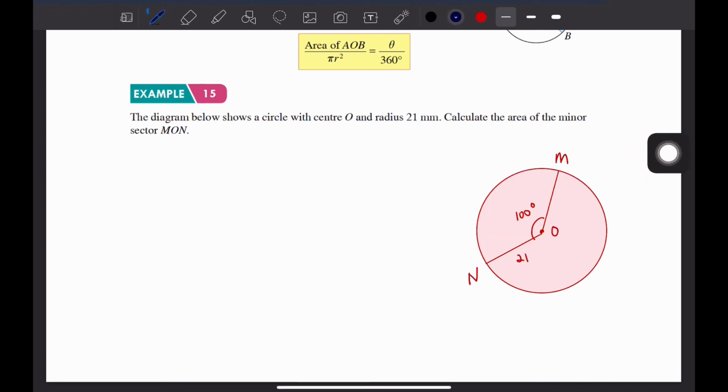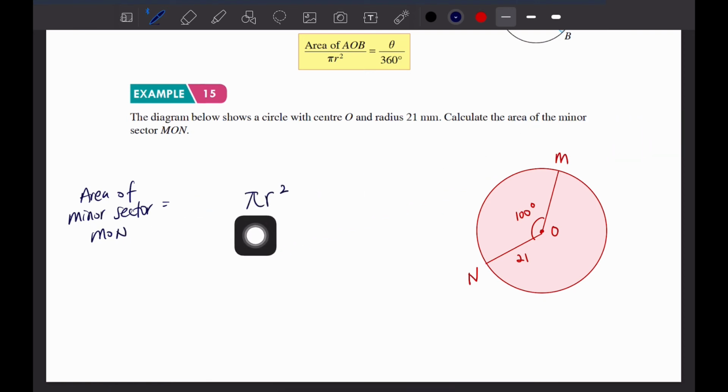So we can write it as area of minor sector MON. First of all, what is the area of a circle? It is pi r square, the area of the whole circle. But if you want to find the area of a minor sector or a major sector, you can put the enclosed degrees in front of the area of a circle. For example, for this question you have 100 degrees, so you can add in front of this formula